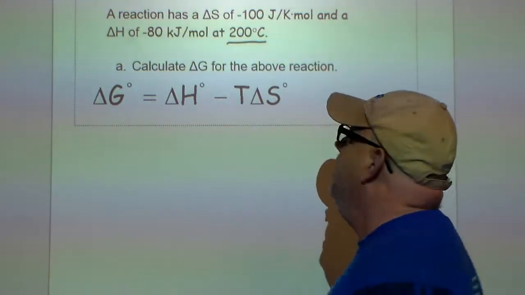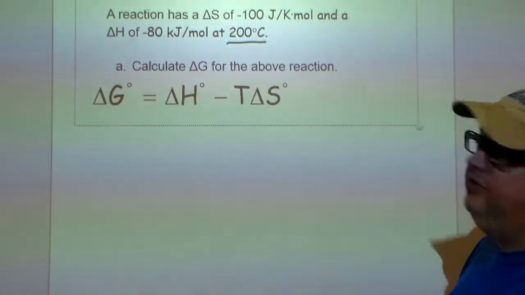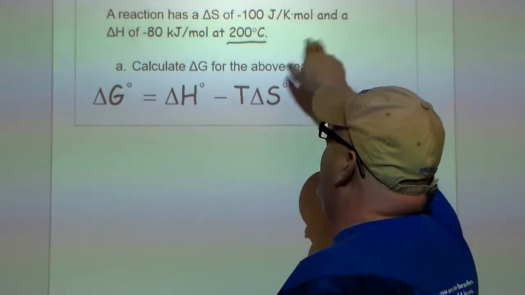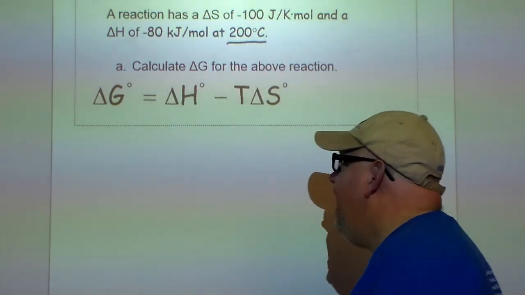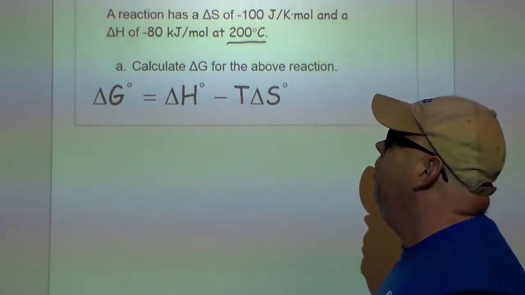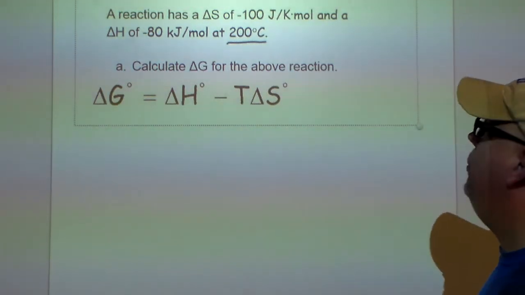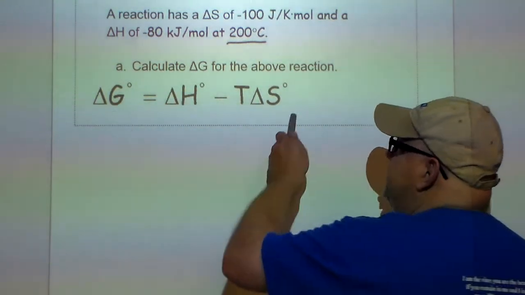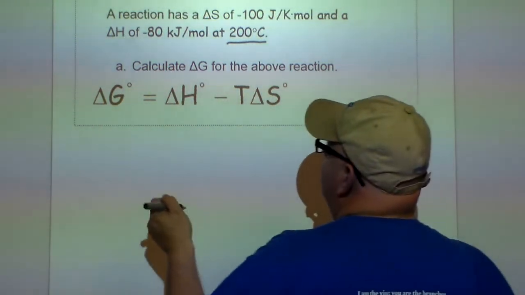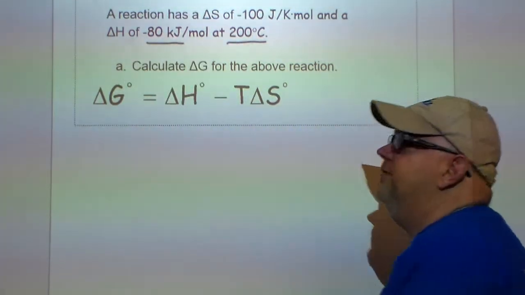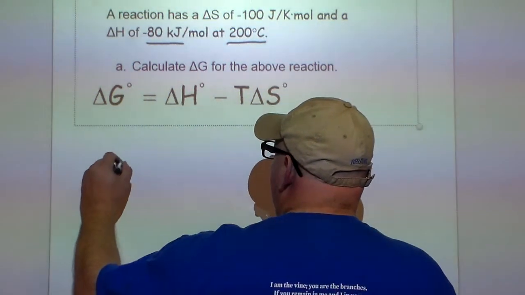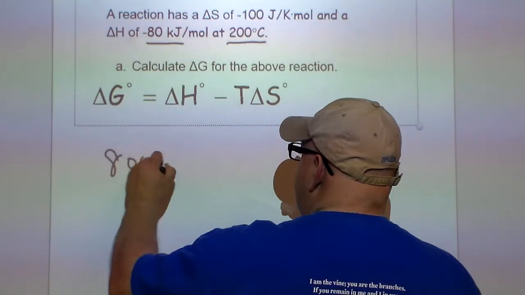So let's get started. So we have a reaction, has a delta S of negative 100 joules per Kelvin times mole and a delta H of negative 80 kilojoules per mole at 200 C. Calculate the delta G for the above reaction given this particular equation. Well, first we need to do a few things. This needs to be converted. We need to convert this to 80,000 joules. So we're going to do that right now. So there's 80,000